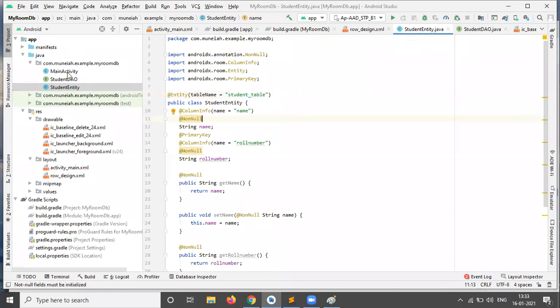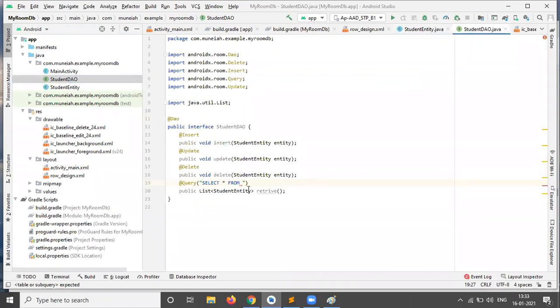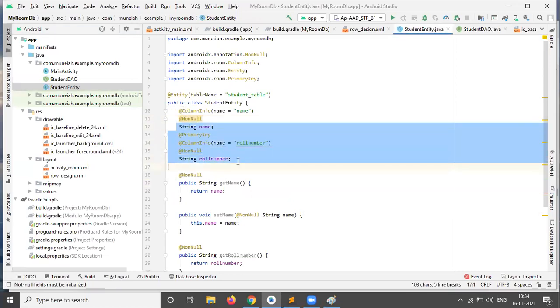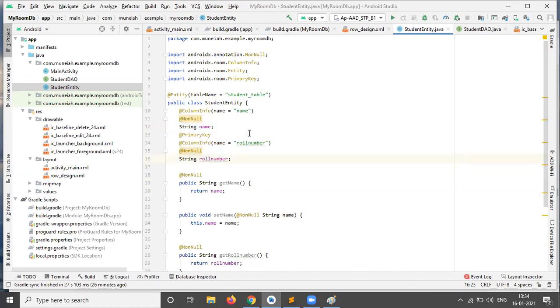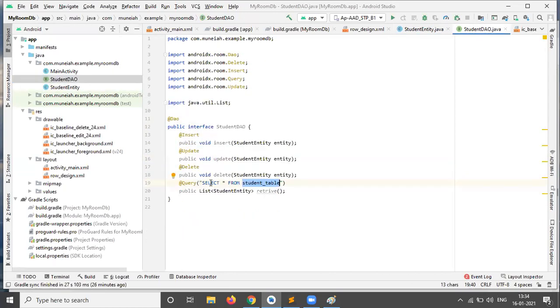Now come back to the DAO class. Here it will be automatically triggered. I mean, student table will automatically come. We are selecting the table attributes. Select star from student table selects all attributes from the student table. So just Ctrl and mouse over. It's not enabling. Open the student entity class. These attributes will come. As of now we take only two attributes. If you take 10, 20, 30, 100, all attributes will be displayed based on this query.